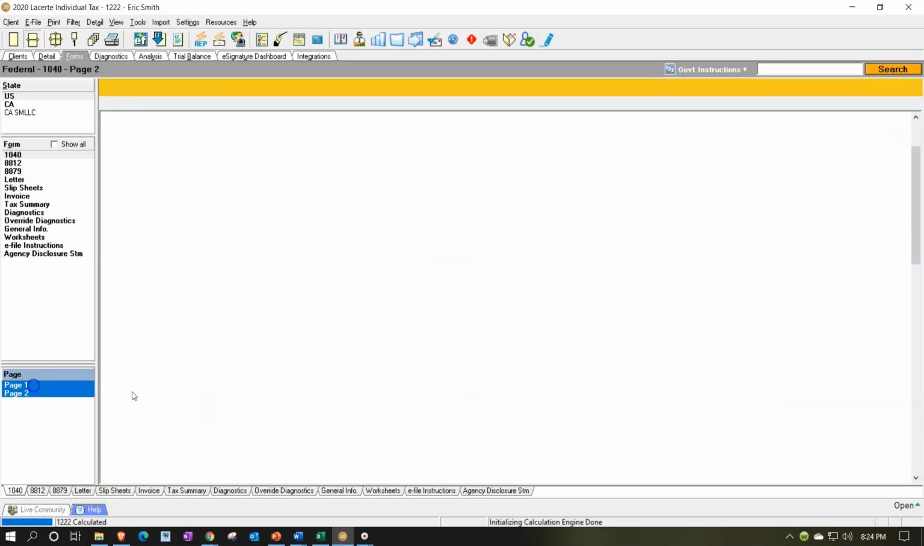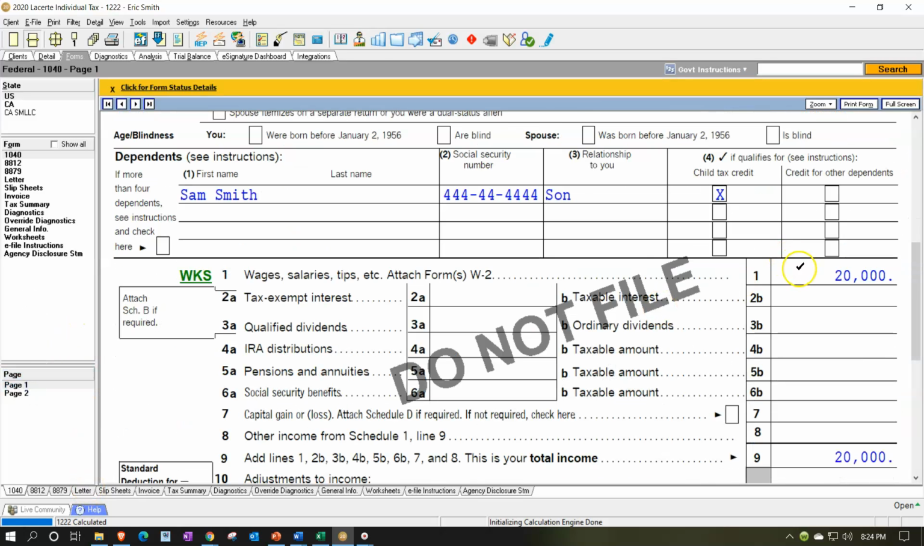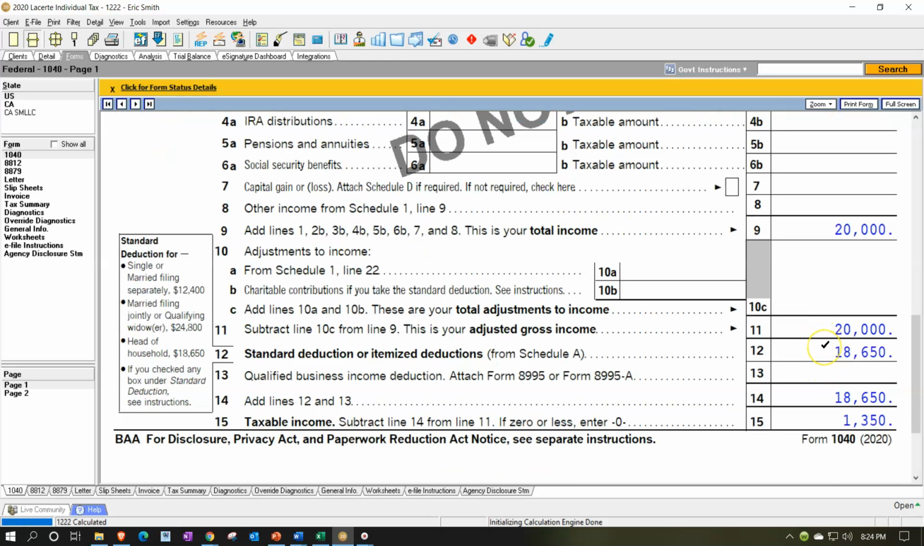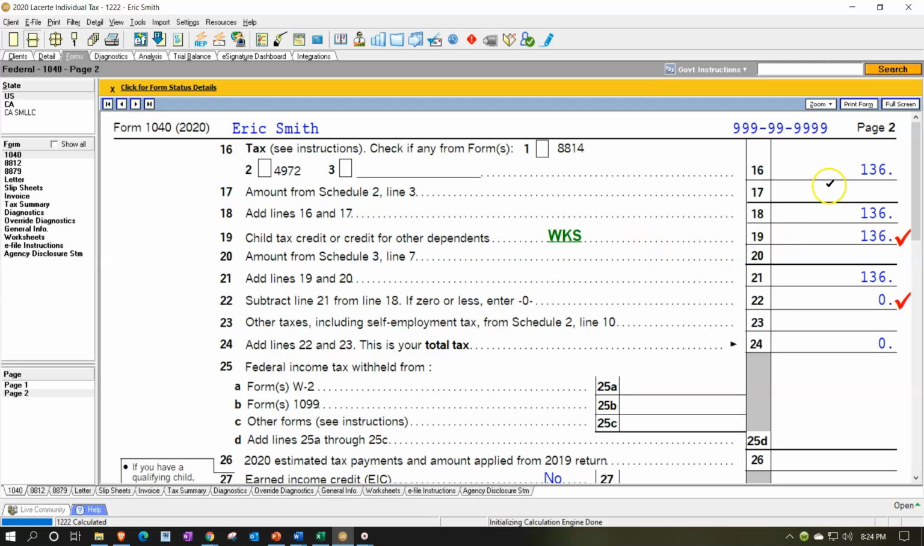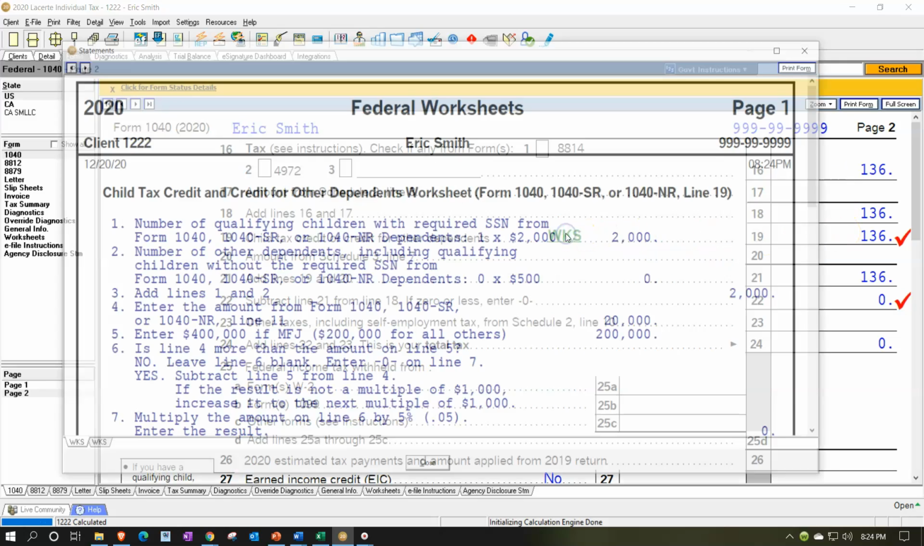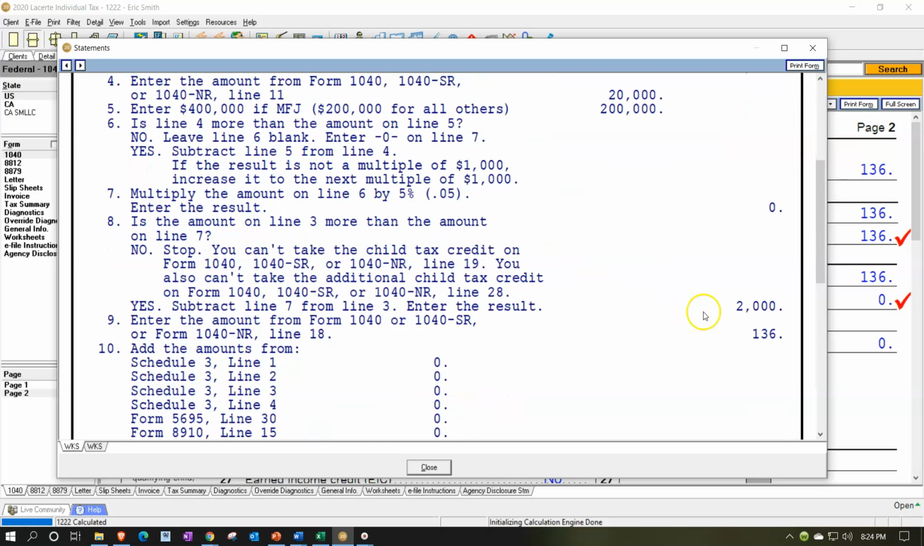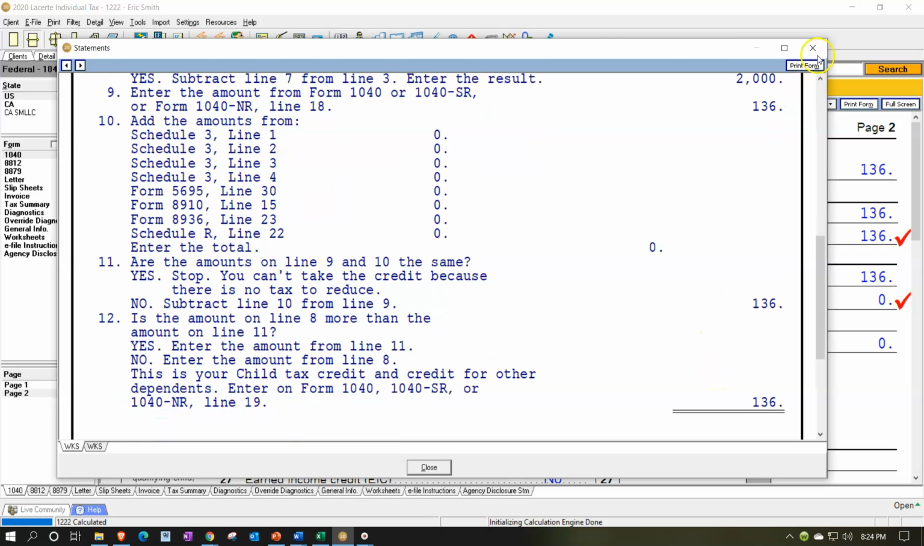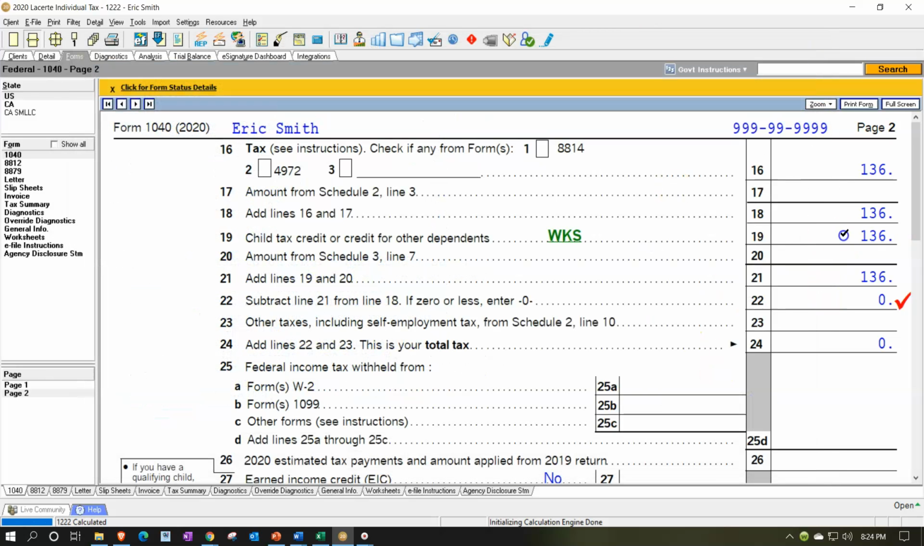So now on page 1, we see we have the 20,000 for the income. We've got the 18,650, and we're left with only income of 1,250 for the taxable income. So that's going to be our taxable income. And now the credit brings it down to zero. So obviously the credit up top is going to be capped by what the tax liability is. So we would have gotten 2,000, but it capped it at the 136,